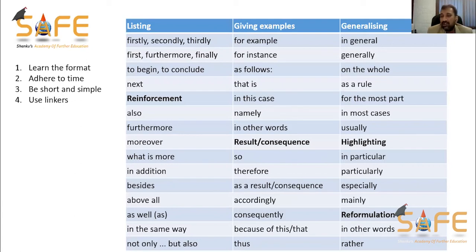So in general, this would not be a good idea, or generally, according to me, this will not work. On the whole, I believe this is a fantastic idea. Okay, for the most part, I completely agree that such kind of an advice would be really useful to students, something like this. Reinforcement is adding something to an existing part, for example, also, furthermore, moreover, what is more, in